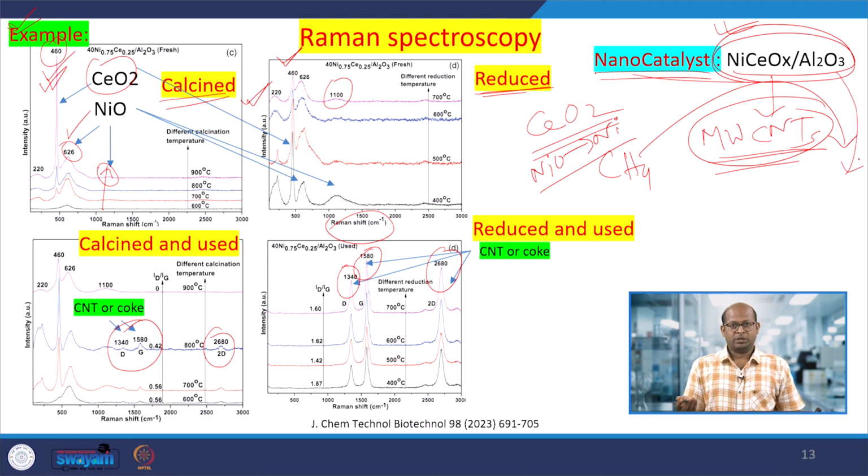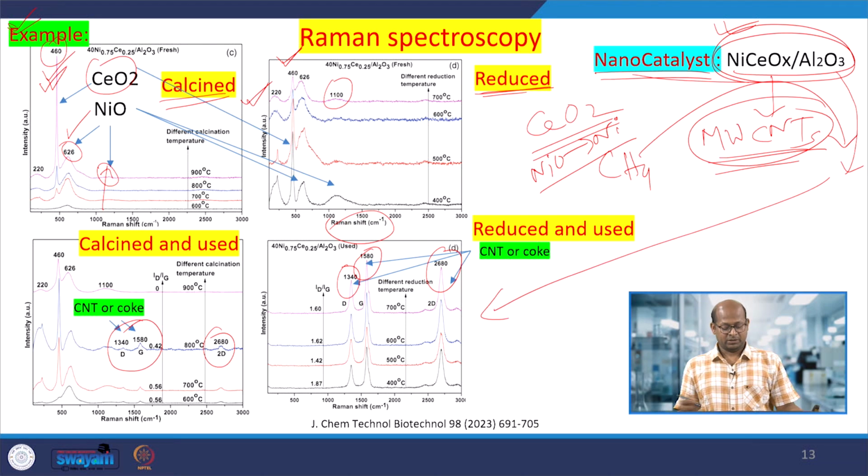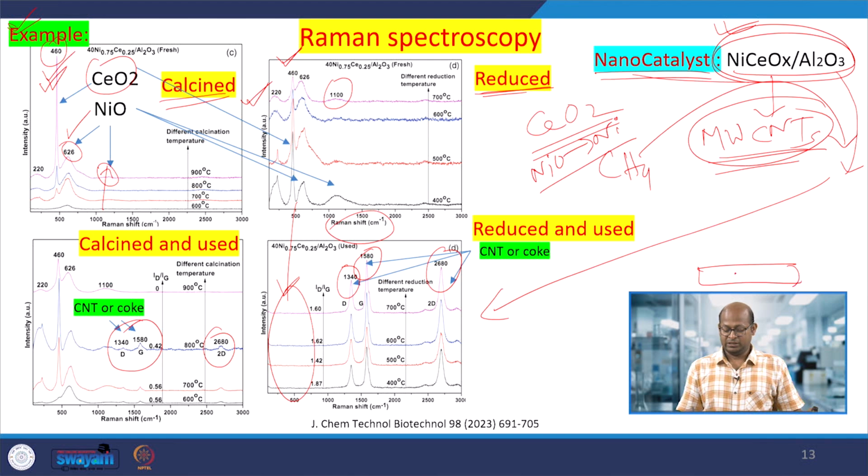So once the CNT was deposited, that material was analyzed with the help of Raman spectroscopy. Raman signals, Raman spectra we are getting, and that we are analyzing. The metal oxide that is present is not exposed, so that is why we are not getting signals. The metal or catalyst, this was a metal oxide, was not used for that CNT preparation. Metal-oxygen bond vibrations we can get, here strong signals we are getting, and when CNT was